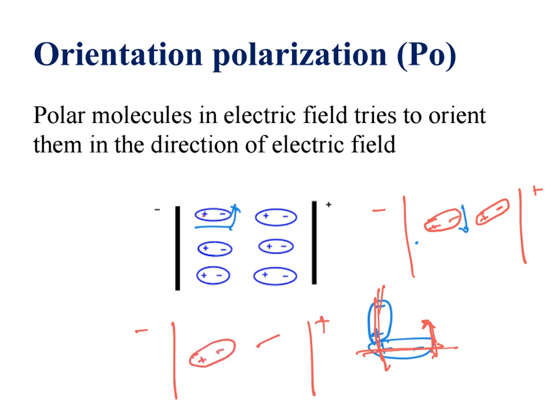positive, negative, positive, negative. It is a mean of two positions, and this we call the orientation of the molecule, and this polarization we call orientation polarization due to thermal agitation. So this kind of effect of the electric field on the molecule is called orientation polarization. So basically, when you are taking polarization for a polar molecule, two polarizations act. One is induced polarization, another one is orientation polarization.